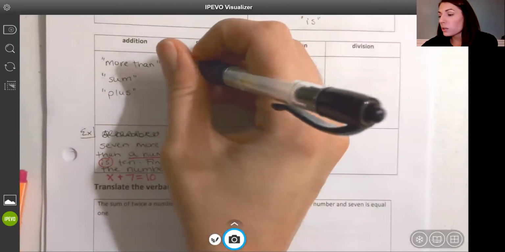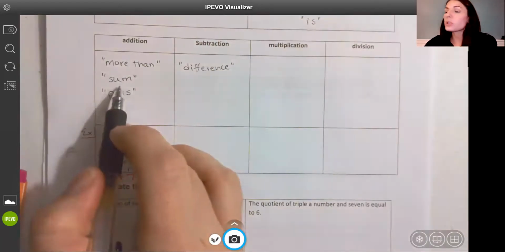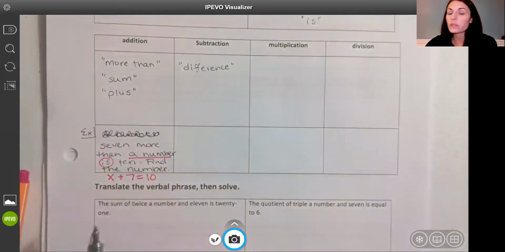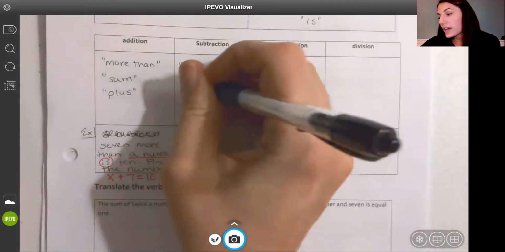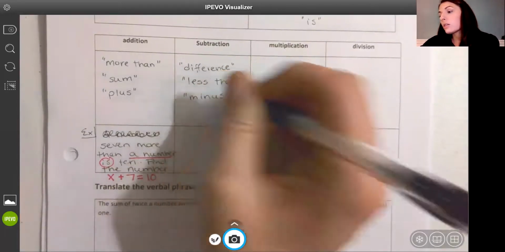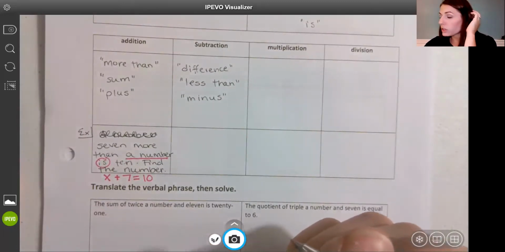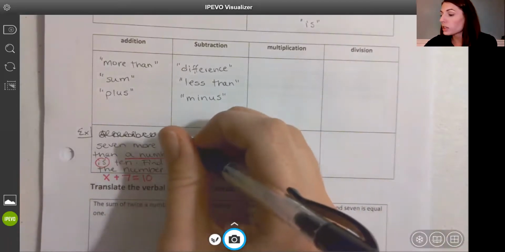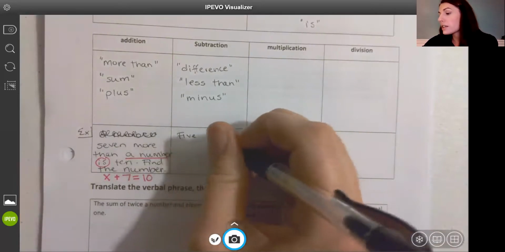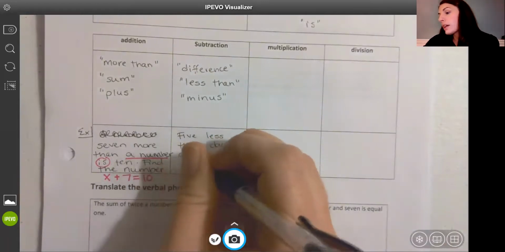For subtraction, it might say the difference. Okay, so just like sum is our fancy word for addition, the difference of would be our fancy word for subtraction. Could say less than, minus, or of course subtracted from. And so with this one, we want to be really careful with subtraction. So if I had something like 5 less than double a number